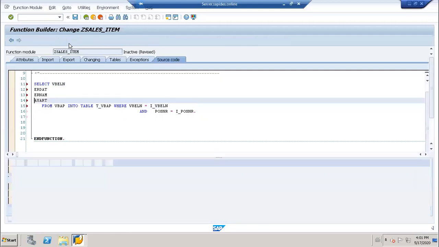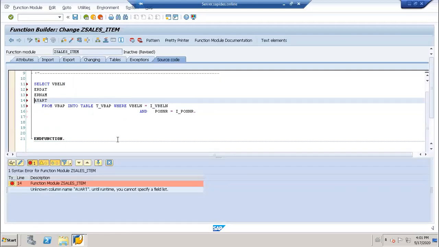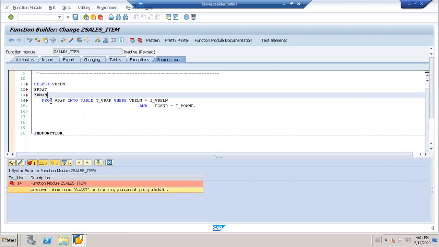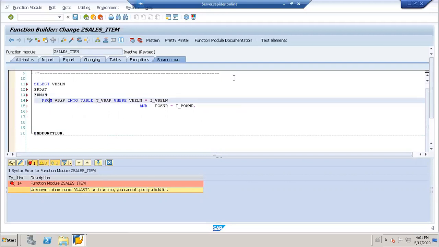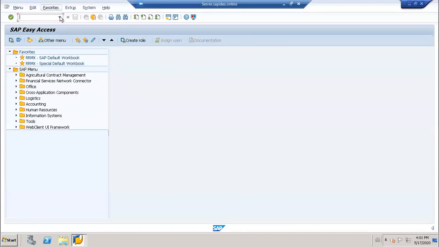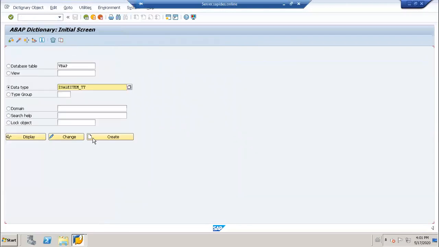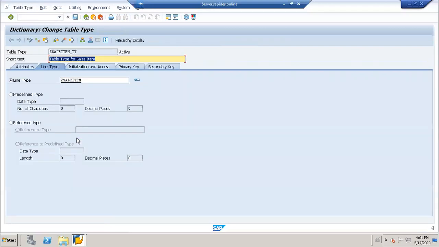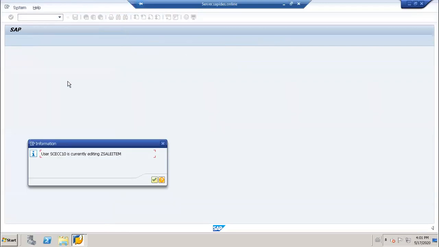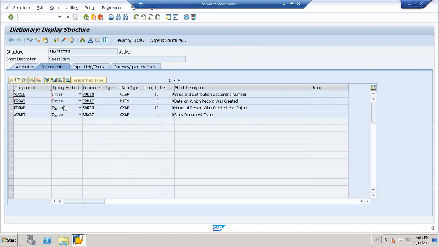What is okay? That column name also. What is showing on the column? I think AUART is not there in VBAP.